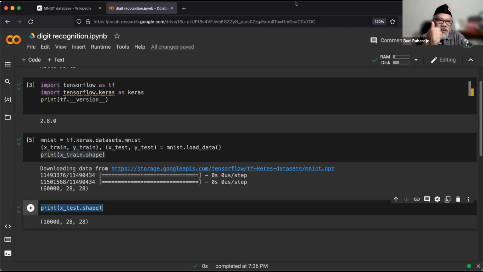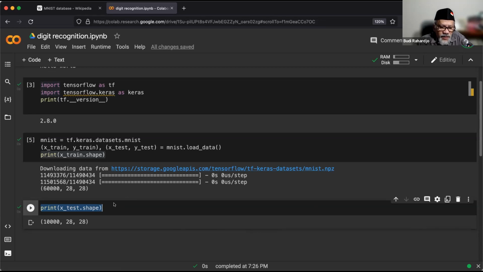So what we have done so far is we have installed TensorFlow, we have installed Keras and are ready, and now we have also loaded our dataset: 60,000 images and labels as our training set, and then we have 10,000 images and labels for testing. Okay. So how do we know our data is correct?